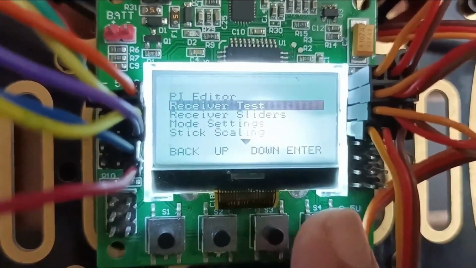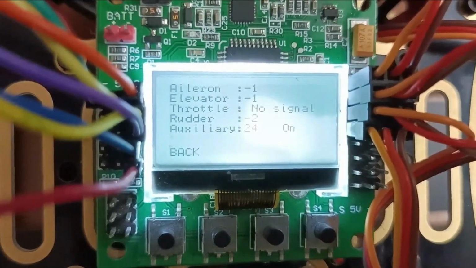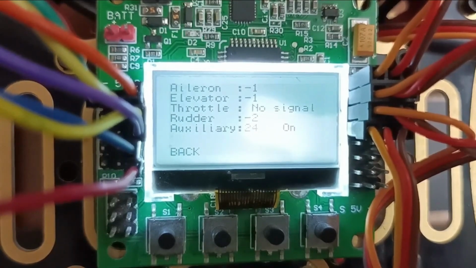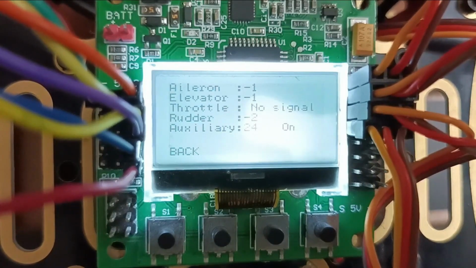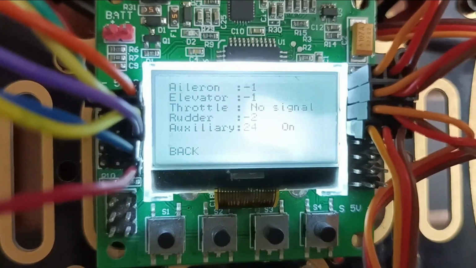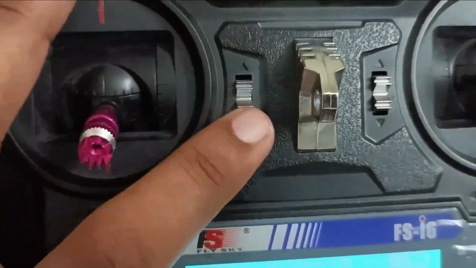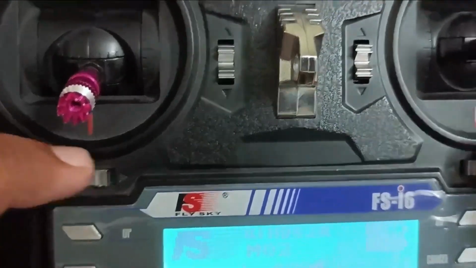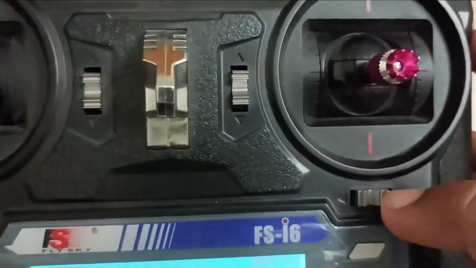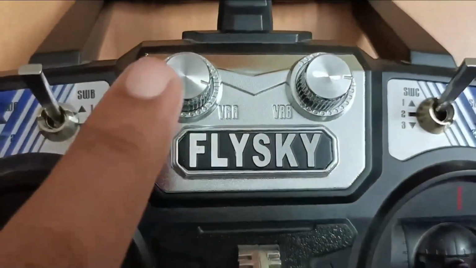Now we are going to see the receiver test. Here we will enter this option. We have to make all these values, aileron, elevator, throttle, rudder and auxiliary, 0. How do we make these values 0? We are using trims. We are using the trim buttons on our FlySky transmitter. You can see these are the trim buttons of this FlySky transmitter, these 1, 2, 3 and 4, and these 2 knobs.